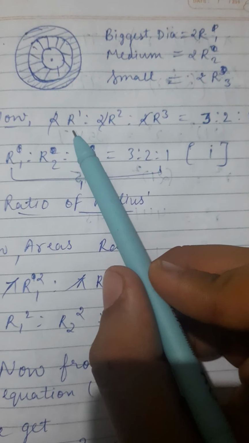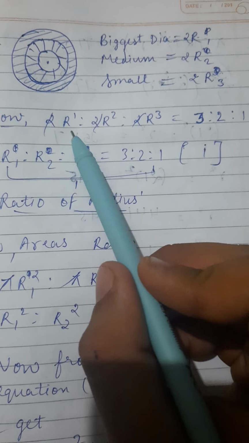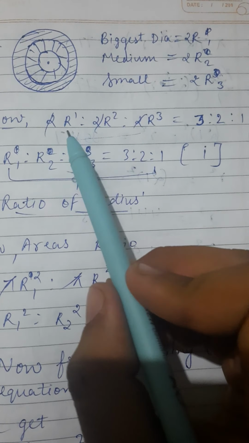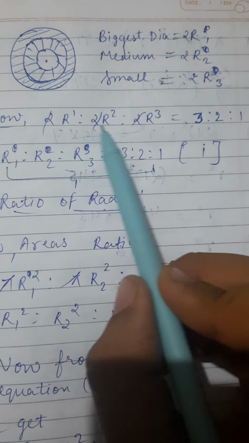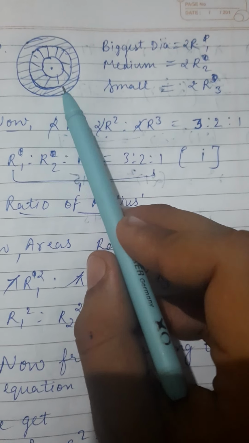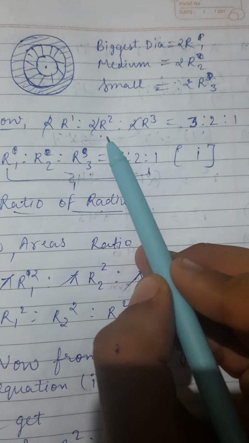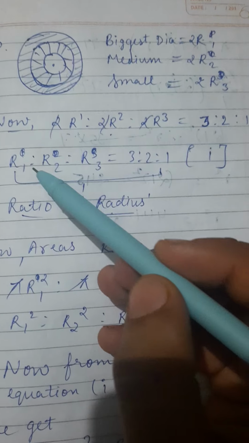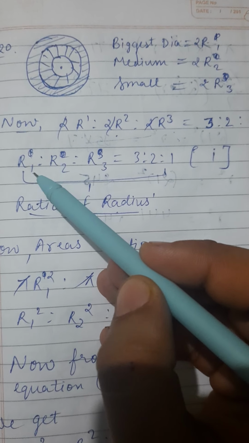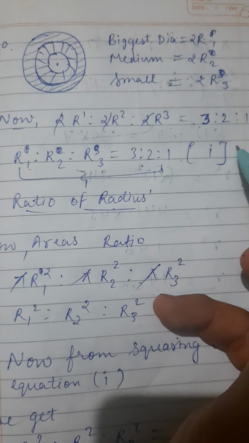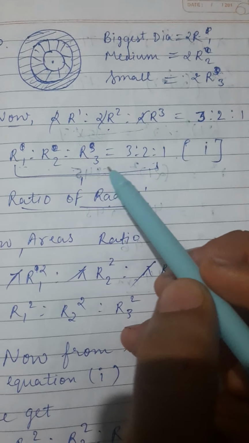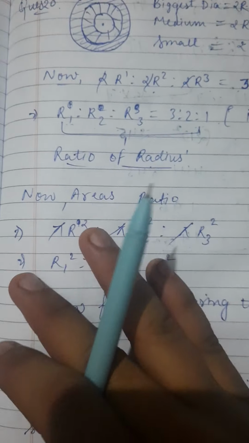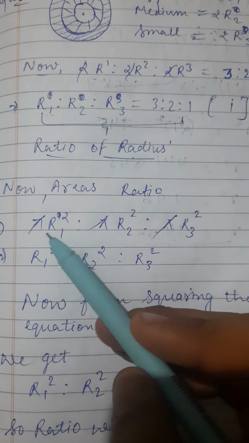So if we have cut 2, then the rest we have is the radius of these circles, like r1, r2 and r3 are radius of these three circles from biggest, medium and smallest. So the ratio of radiuses will be 3 ratio 2 ratio 1. r1, r2, r3 is 3 to 1. Now we need to find the area. So